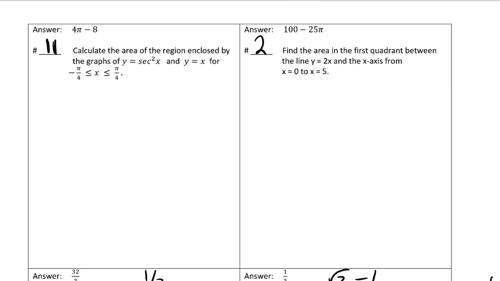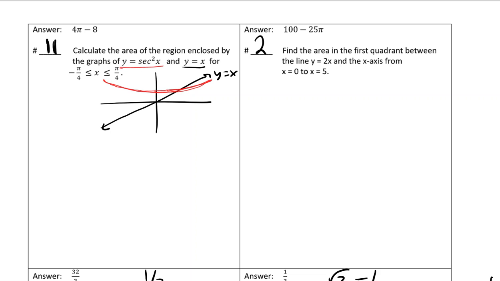Okay, and my graph, I did a much worse job on my graph this time, but y equals x is not difficult, but for y equals secant squared, I started plugging in a few different values. I had a rough idea of what the graph looks like. Looks something like this. It's not super accurate, but it was enough for me to see that between